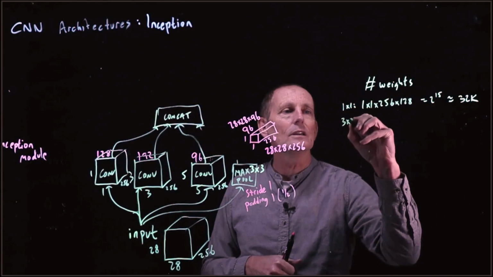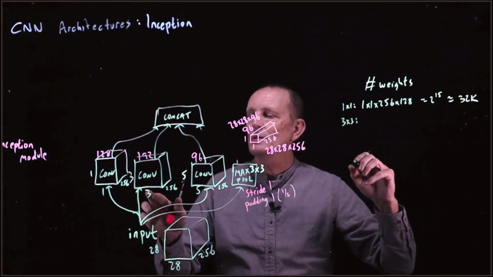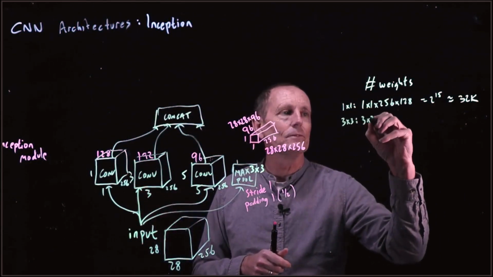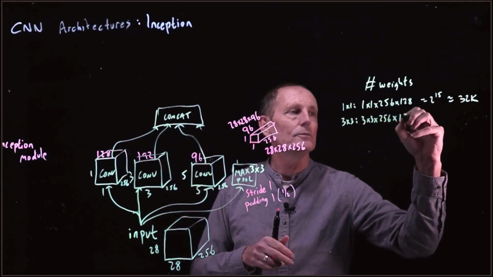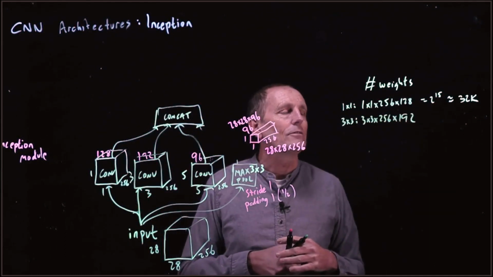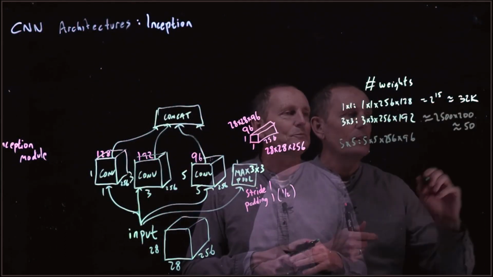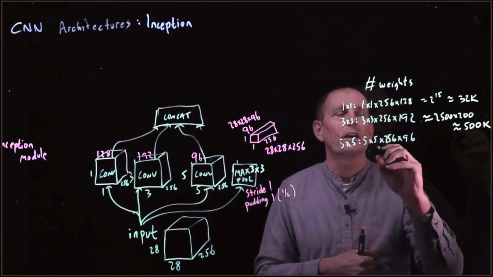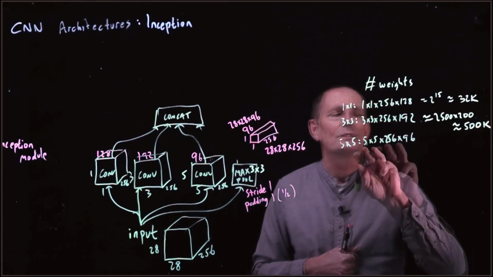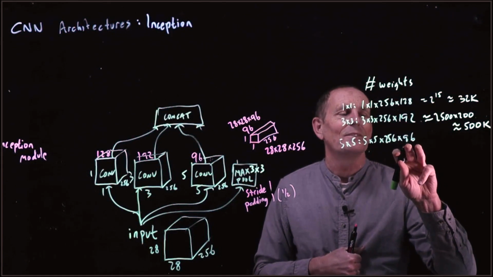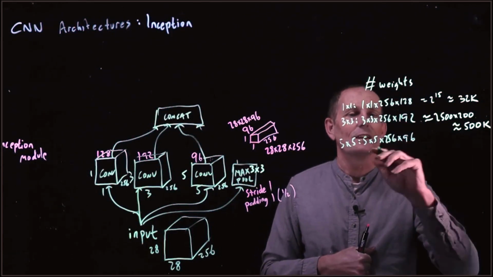In the 3x3, we've got 3 by 3 by 256 by 192. So let's see if we can figure this out. This is around 500K. And then 5 times 5 times 256 times 96: 256 times 96 is about 25K, times 25,